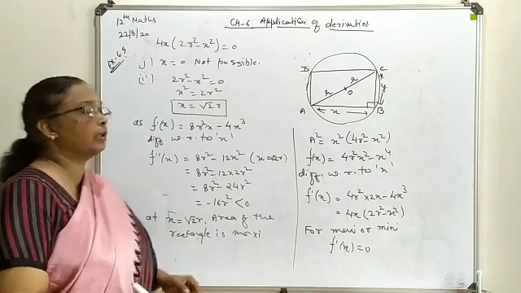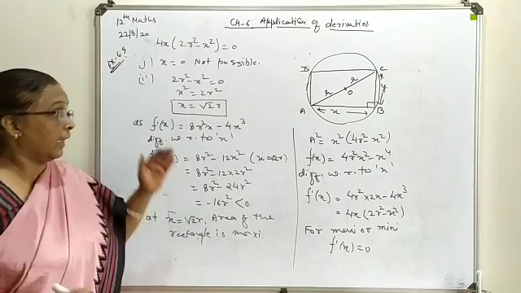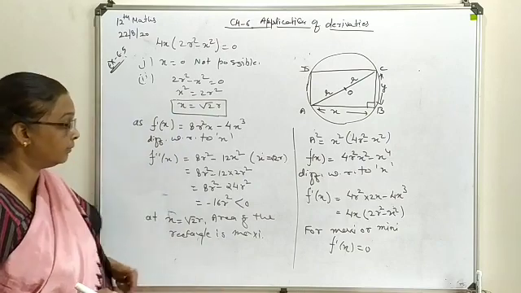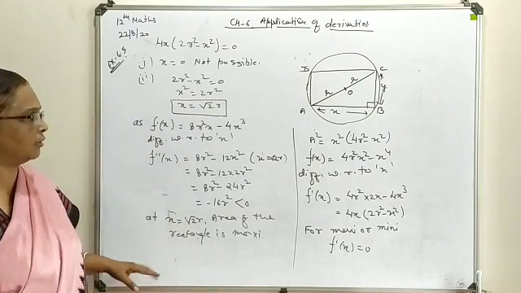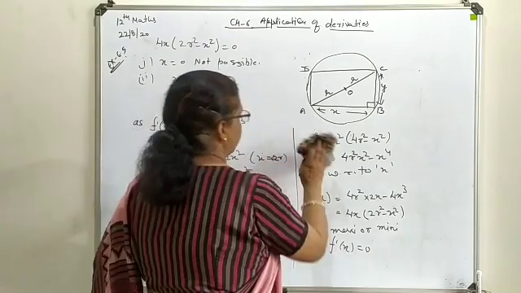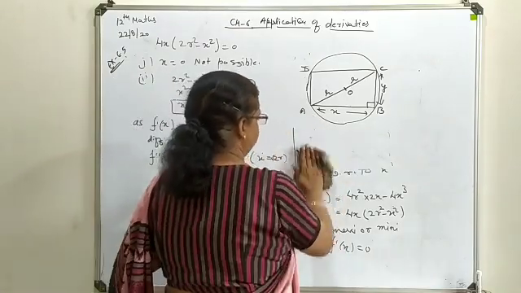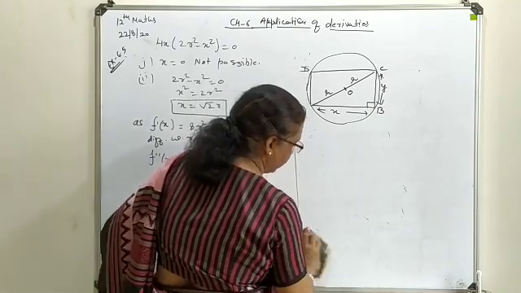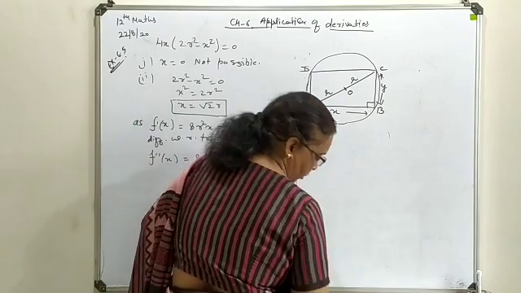Now one thing still remains to show, that your x and y both are carrying the same evaluation. So now we will talk about the y evaluation. Y in the beginning we have written is under root 4r square minus x square. If these two are coming same, that means you can say this rectangle will turn to a square shape.